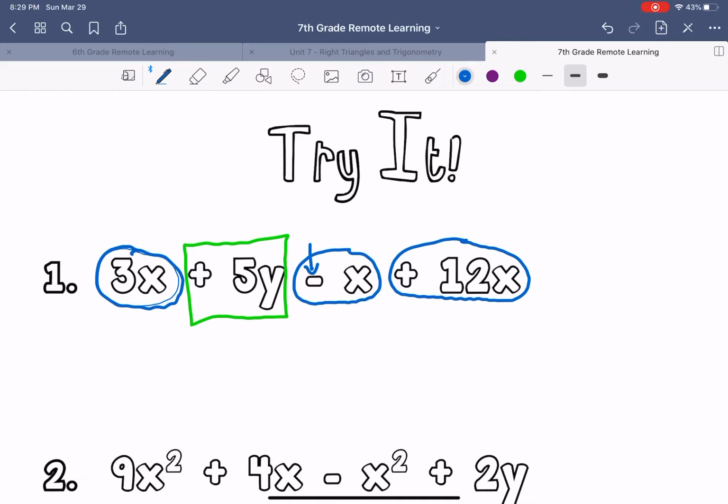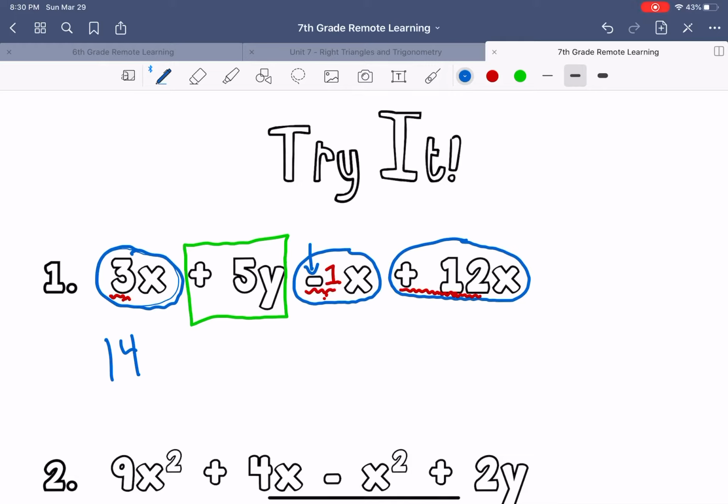Okay, so I'm going to start with everything that I circled in blue, and I'm going to combine just the numbers, the coefficients in front. So I've got a 3, a minus, and remember the invisible coefficient here is 1, so minus 1, and I've got a plus 12. So 3 minus 1 is 2, and 2 plus 12 is 14, and then I need to remember to